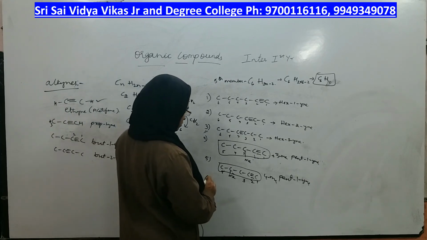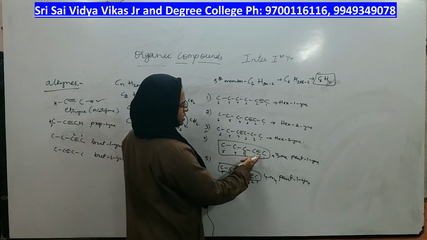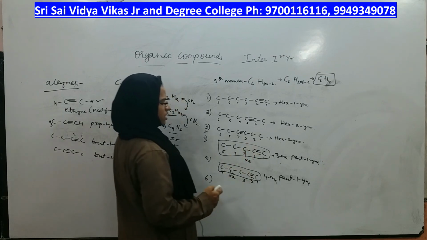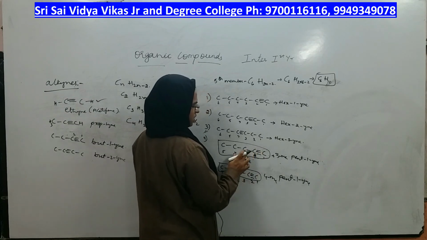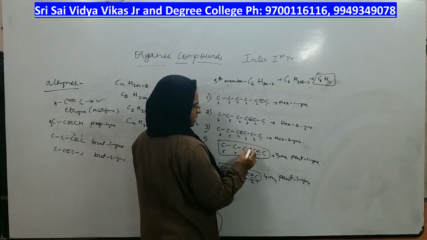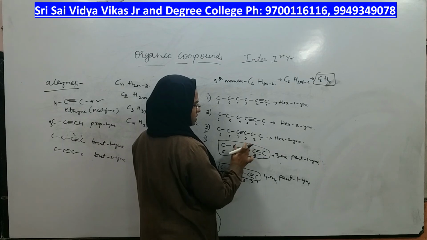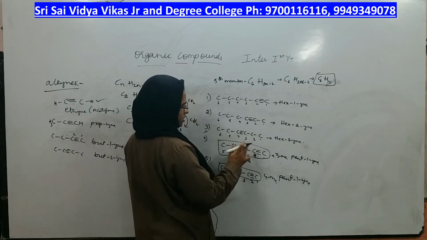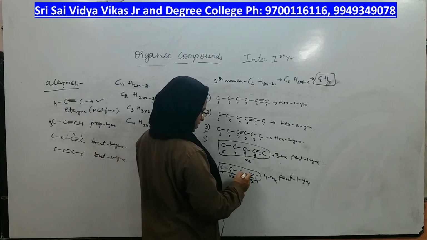Now what I will do? I will change the position of the triple bond from first carbon to second carbon. Can I bring the position of the triple bond from first to second without changing the methyl group? Let us check. If I keep the position of the triple bond here, 3 4 5, the tetravalency is not getting satisfied, so I cannot bring it in this compound. Now can I bring the triple bond from here to here in this compound? Yes, I can bring it easily.